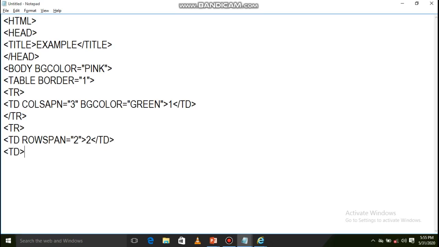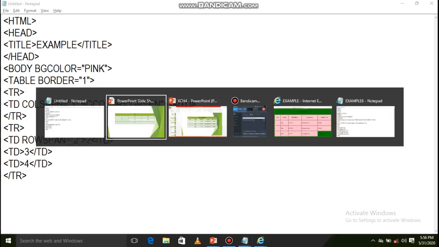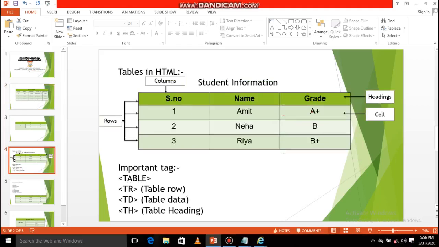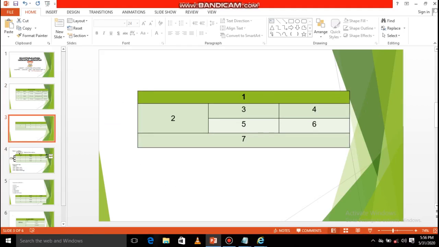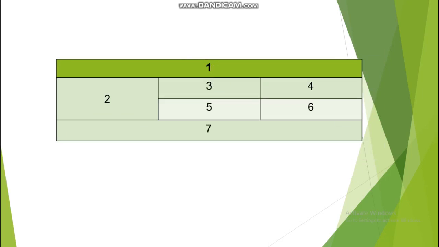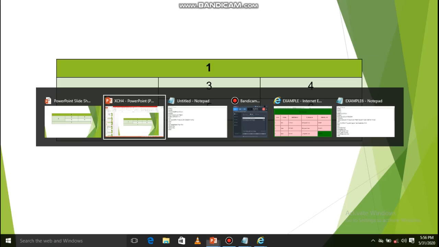Next again td 3 td close, td. Next 4. Next at last tr close. Now our code is completed till here. Till 4 our code is completed.